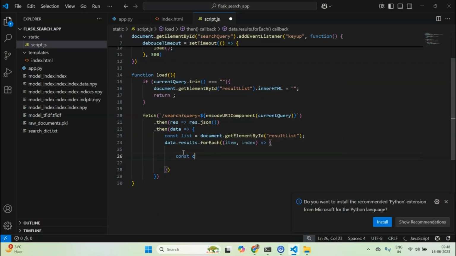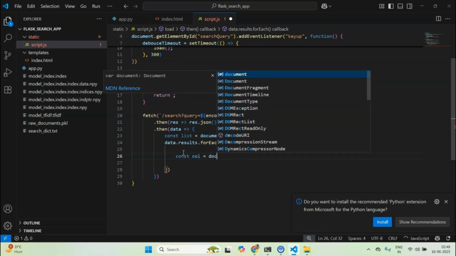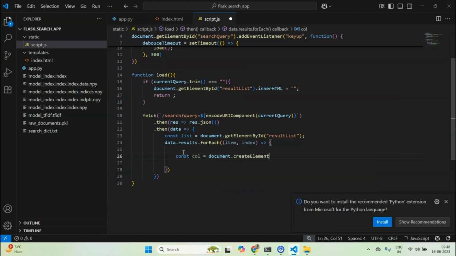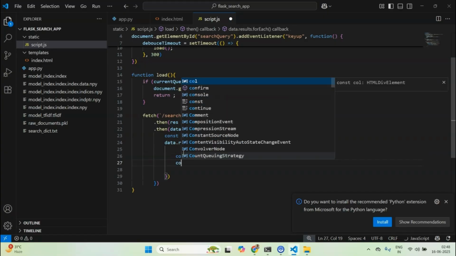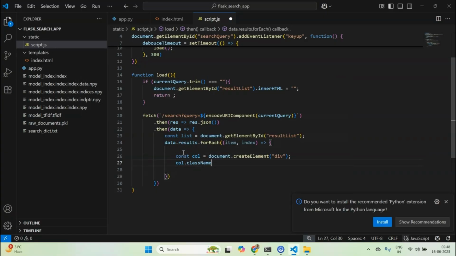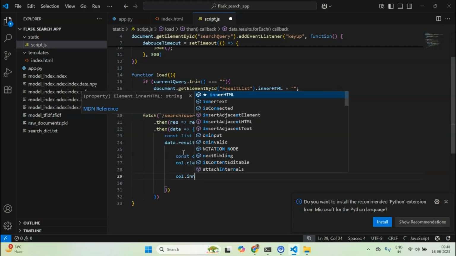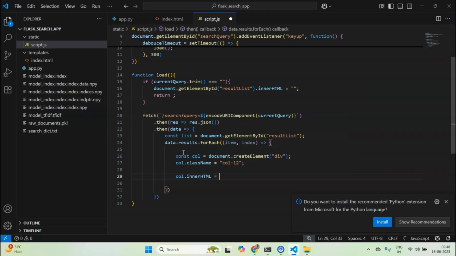So what I'll do is I'll create a col variable with document.createElement, and this I'll call as div, and col.className would be col-12. And remember, these are Bootstrap classes. So col.innerHTML I'll define, and inside innerHTML I'll use a backtick, and inside the backtick I can easily write my HTML.